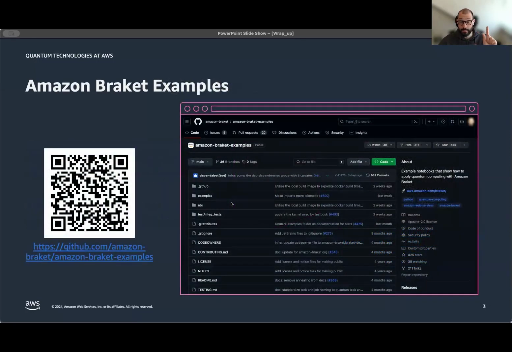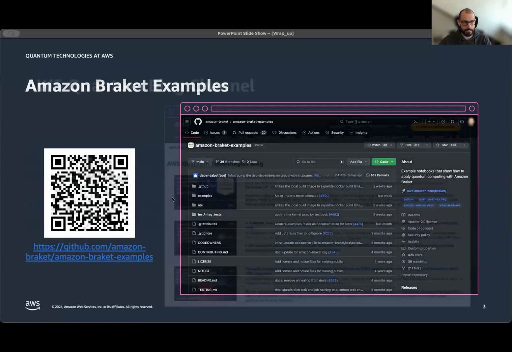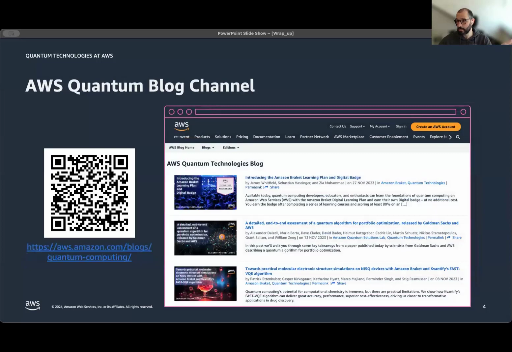Second resource, the Amazon Braket example notebooks I have already mentioned a couple of times. Here's the GitHub repository, a great learning resource. Whenever we release a new feature on Braket, we also create an example notebook such that you can learn how you can use that feature. So I recommend you take a look into that. And then finally, if you want to stay in the know, we have our AWS Quantum blog channel where we blog about new releases. We blog about solutions we build, research collaborations we have with customers or public sector institutions. So that's also a great